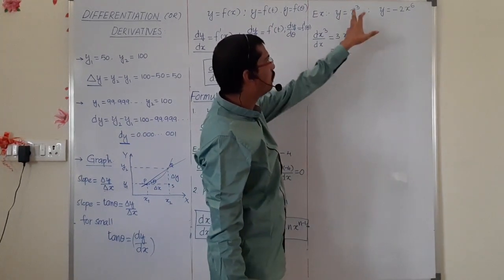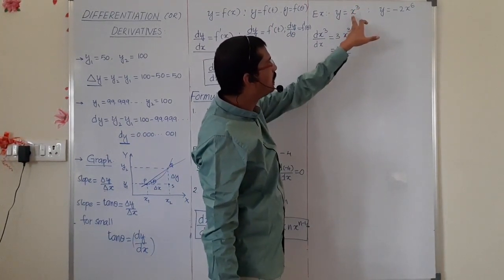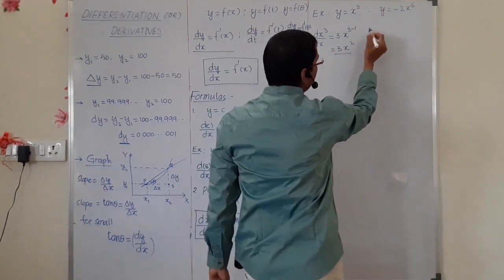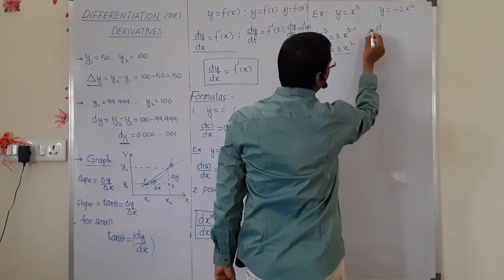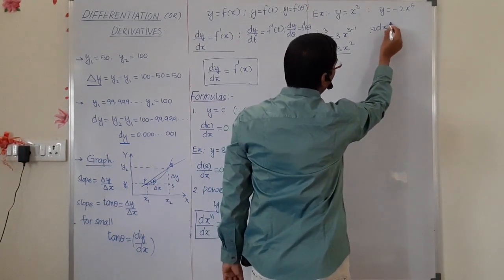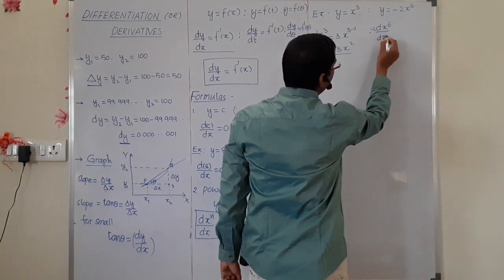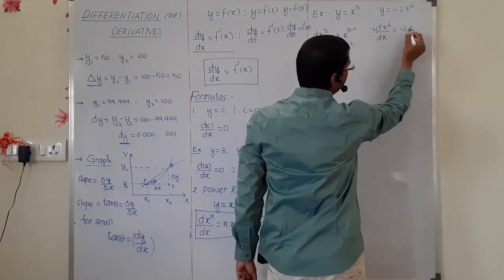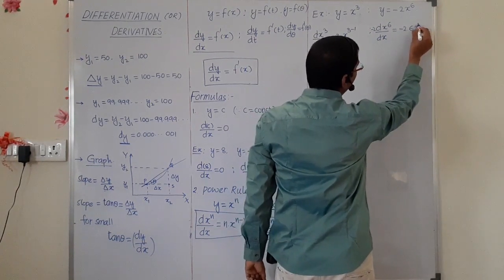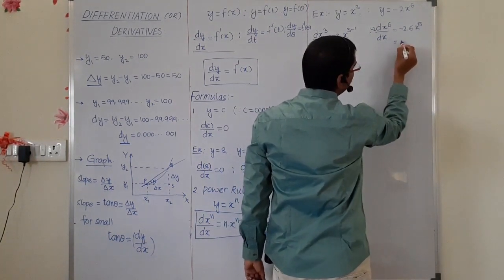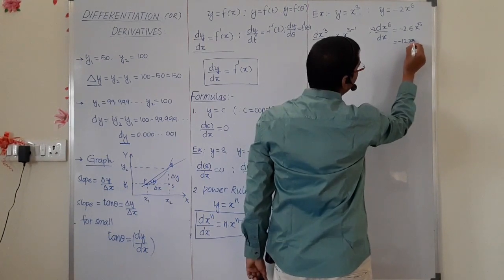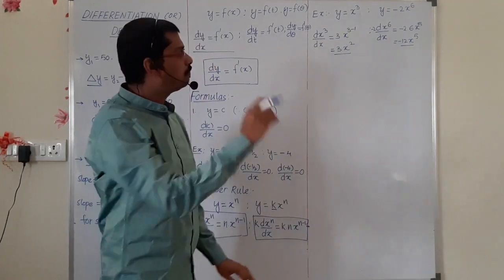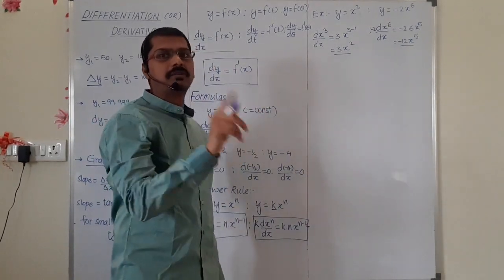Here any value is given, so multiply with the power and decrease it by 1. Here by seeing this one, how can we write directly? Can I write the direct value? This minus 2 is common, and x to the power of 6 upon dx. Already I told you 2 is a constant. The power is 6, x to the power of 5. Now what is the total value? Minus 12 x to the power of 5. Simple method, simply we have to solve. The power is multiplied and decreased by 1.